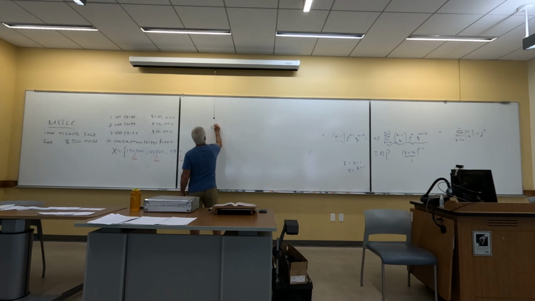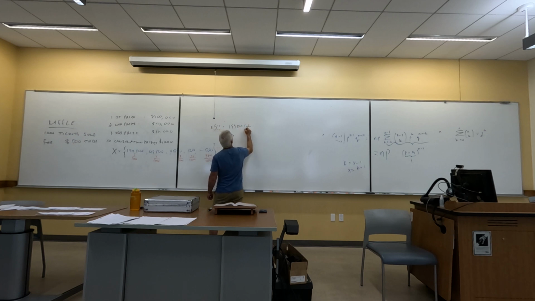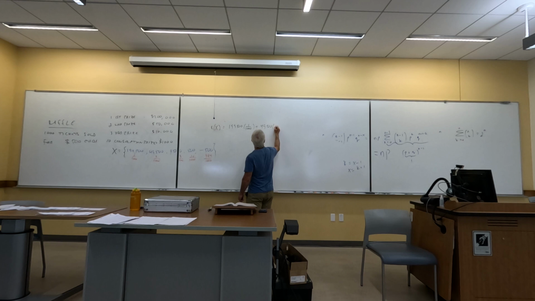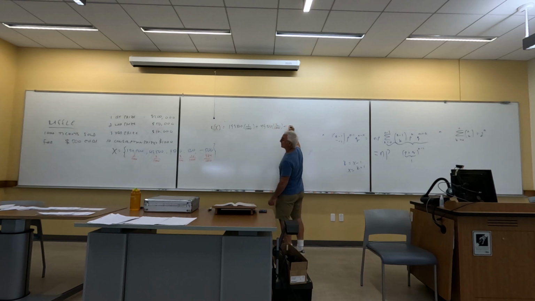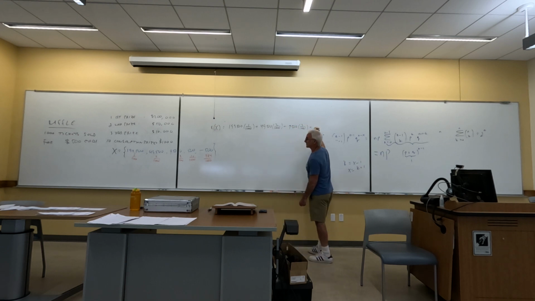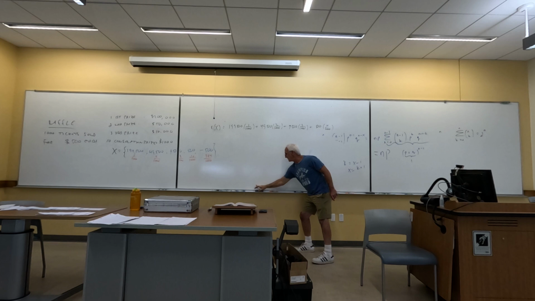The expected value of X in this case would be 199,500 times 1,000 plus 49,500 times 2,000 plus 9,500 times 3,000 plus 500 times 10,000, and then finally